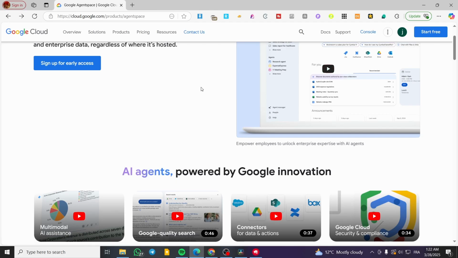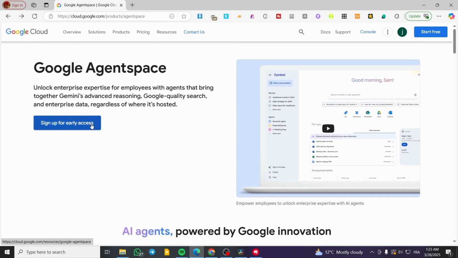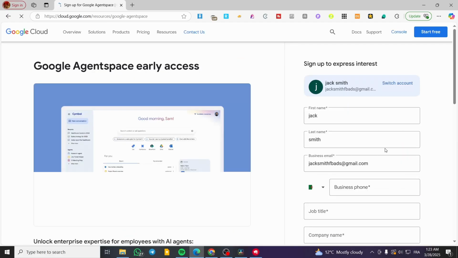Also, you can learn more on the specific AI or get early access by heading over and typing in Google AgentSpace in Google, and then you're going to get the link. So you're going to sign up for early access. As you can see, it is not live yet. So you can go ahead and click on sign up for early access, and then you're going to put